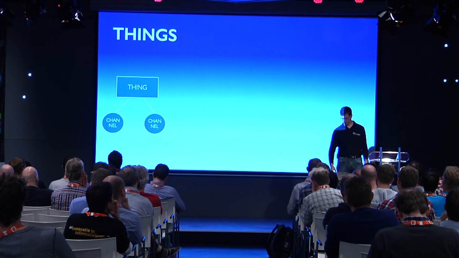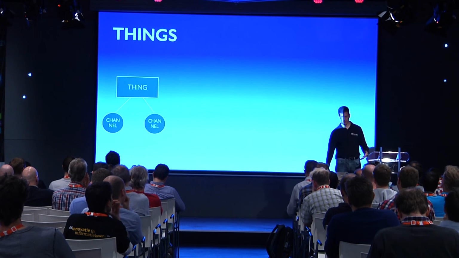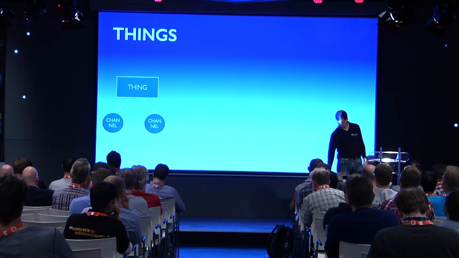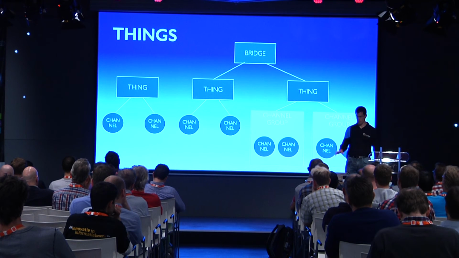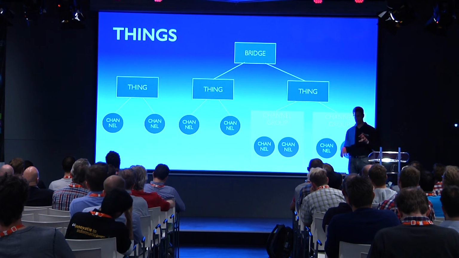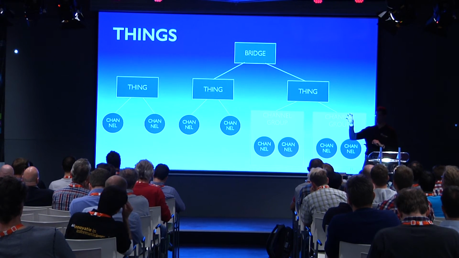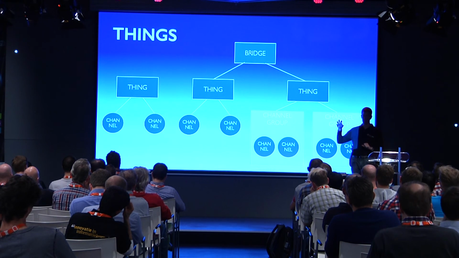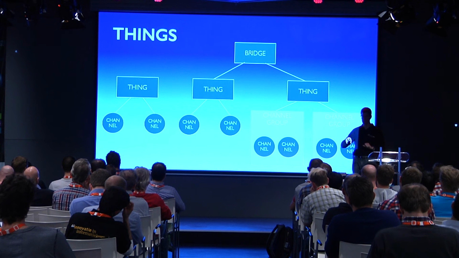So a thing in general has just a number of channels, which are the functionalities that can then be mapped to items in the end. A bit more complex, you can also have things that require a bridge device or some other device that you need to configure, set up, and make available in your system in order to access them.